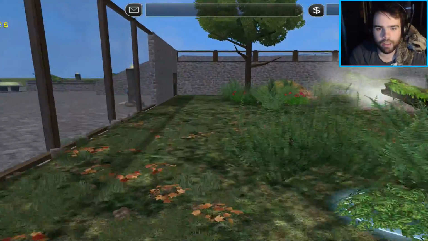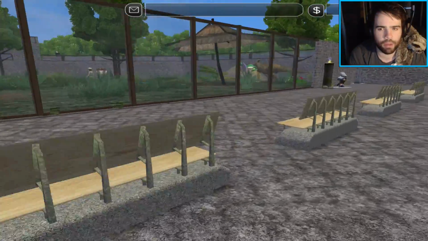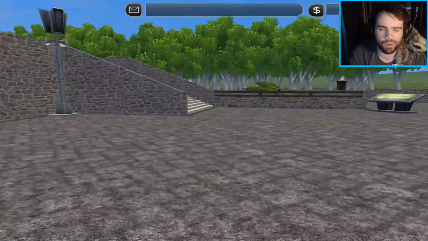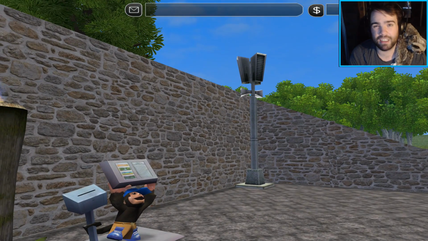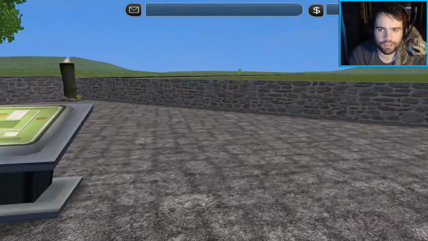Alright, let's head out of here, down this way. Okay, so I've added some benches here as well, so you can look at this, and we've got donation boxes and stuff like that. Little speaker system every now and again. Really no thought in that, it's just you'd have a speaker system. Anyways, if we head over here past...